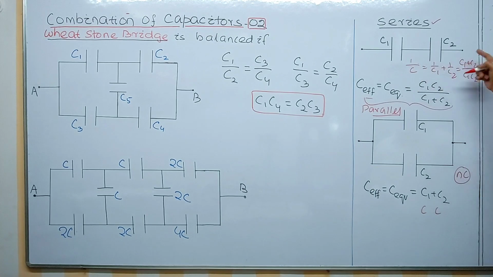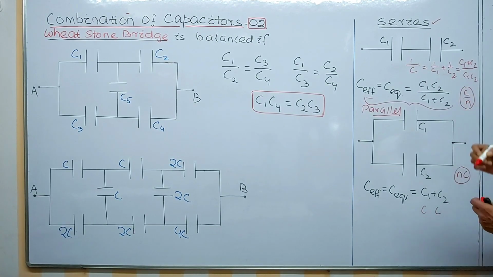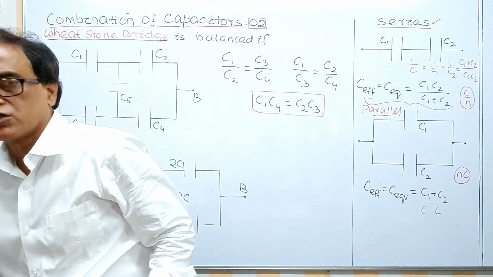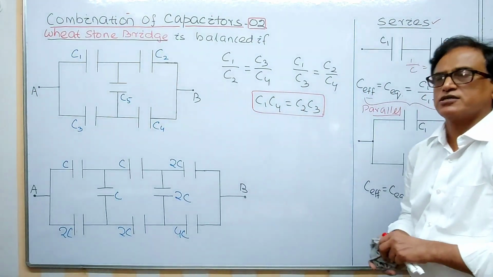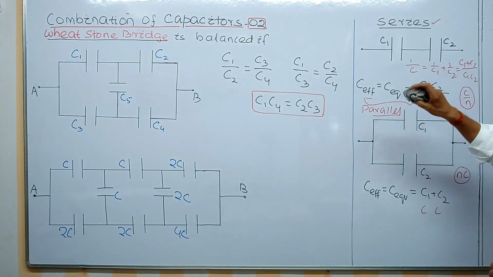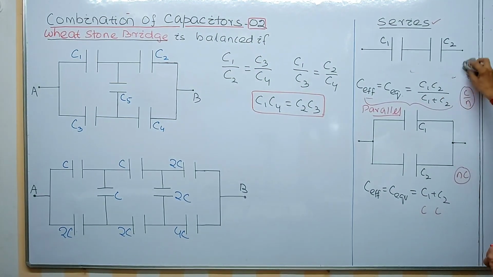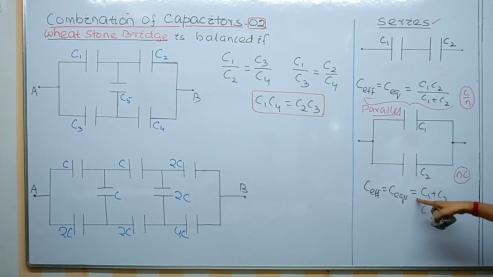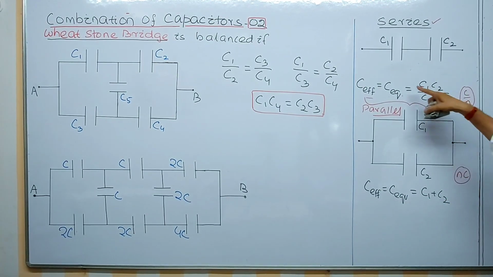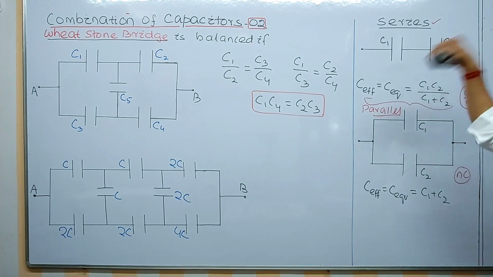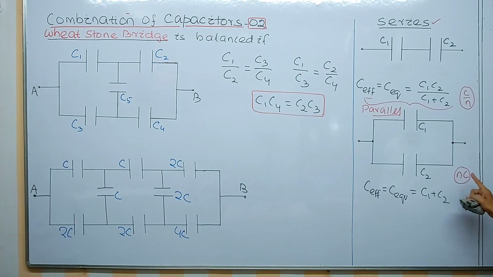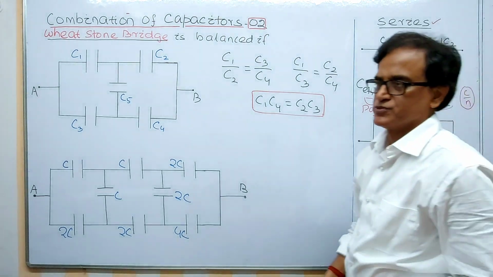If all the capacitors are same in series, then you can apply the formula C by N. These formulae we have read in the last class. That's why, to go fast in these calculations, you should remember these formulas to be applied very quickly. When they are series combinations, you can apply this formula. When they are parallel combinations, you can apply the direct formula. When all the capacitors are of the same value, you can apply C by N in case of series, and you can apply NC in case of parallel.